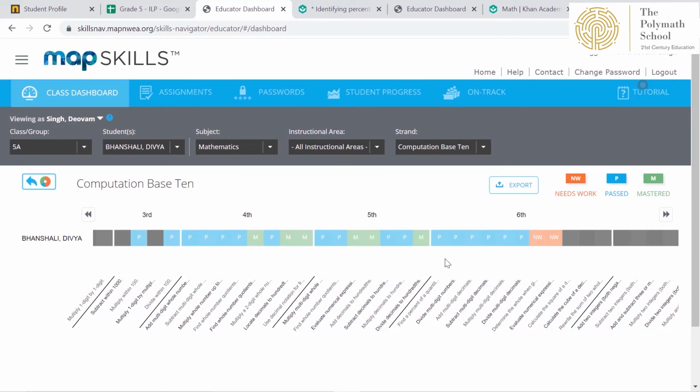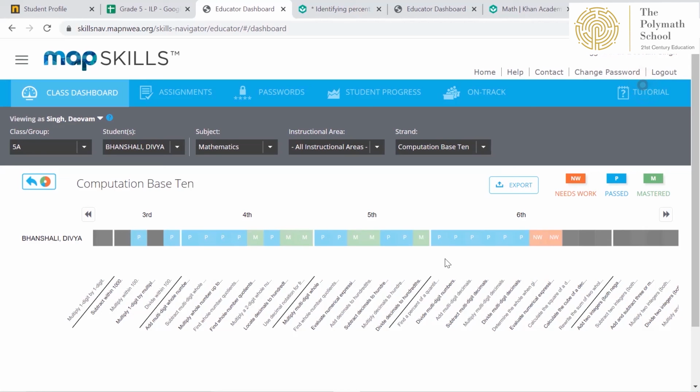So this whole process beautifully complements these two tools. MAP skills gives us a deep insight into what different skills a student is lacking in which topic. We are able to pinpoint that, and with the help of Khan Academy, we are able to fill those gaps in student skills.